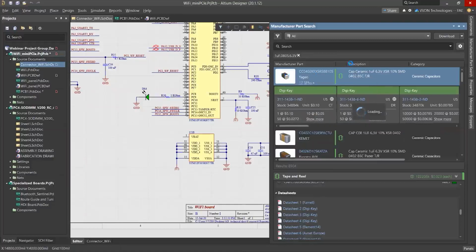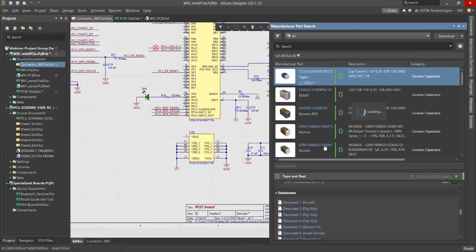So after this, we can even compare. Suppose here you can see for this package many suppliers, component capacitor, right? So from there we can directly place also, we can compare also.